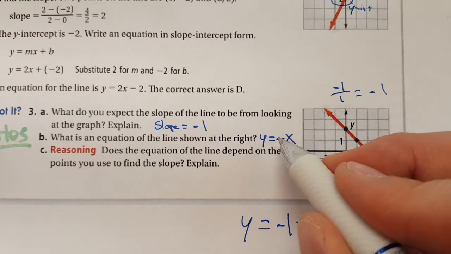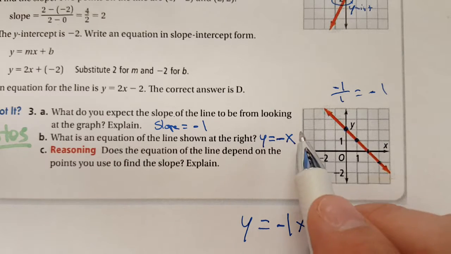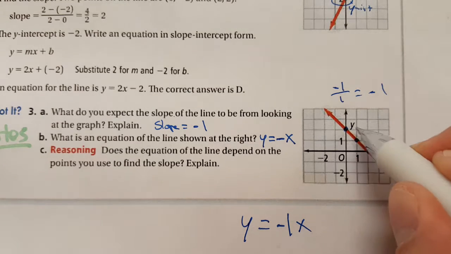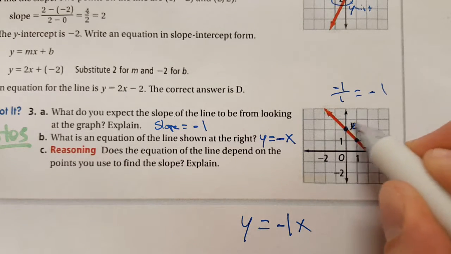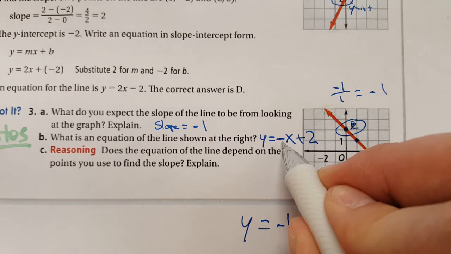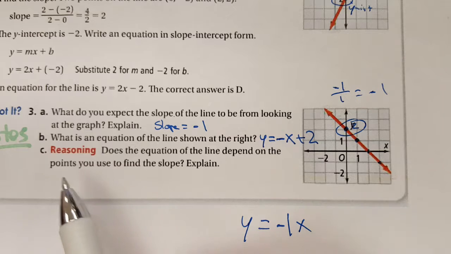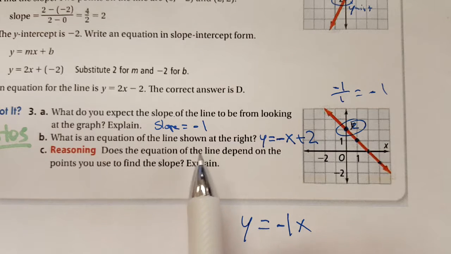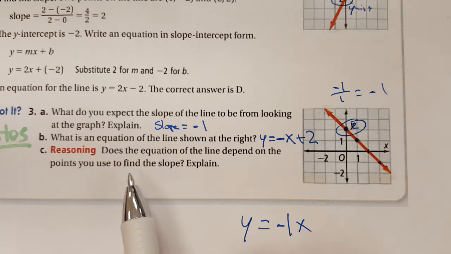Okay? Write this. Okay? Excuse me, pardon the bell. What's the y-intercept? 1, 2. There we go. So we hit 2 right there. So I'm going to go +2. Here's where I start. Here's how I move. Done. For part B, does the equation of the line depend on the points you have used to find the